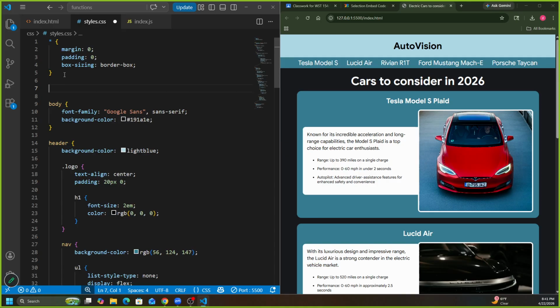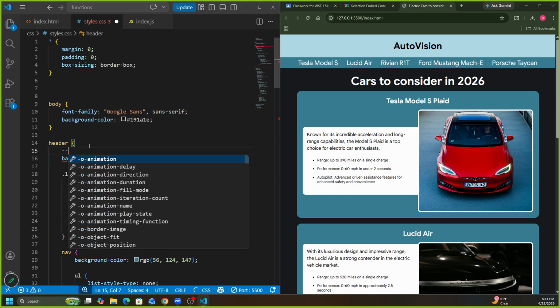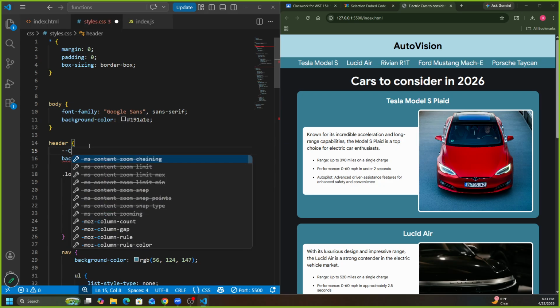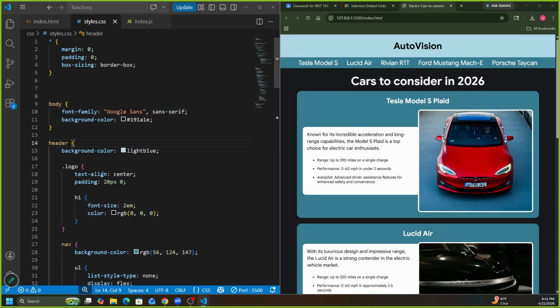You could make it only available inside the header, for example. Like I could create a variable called my custom blue, and the only place I'll be able to use it is in the header if I define it in the header. But since I want to be able to use colors everywhere, I'll define it in